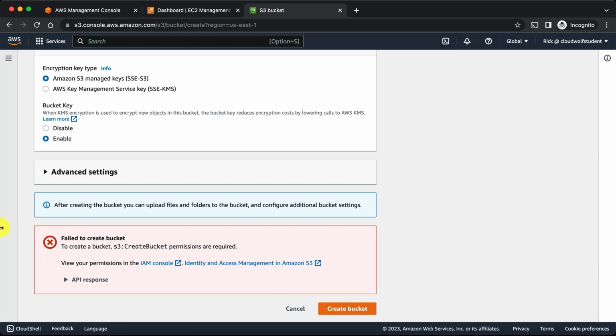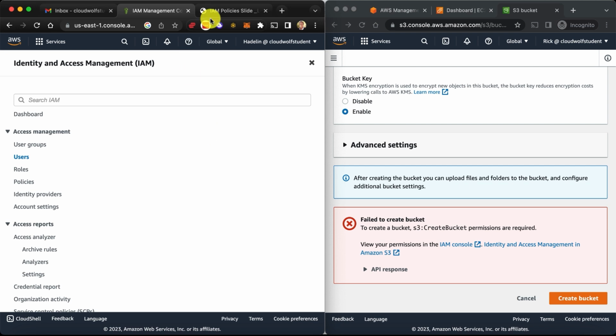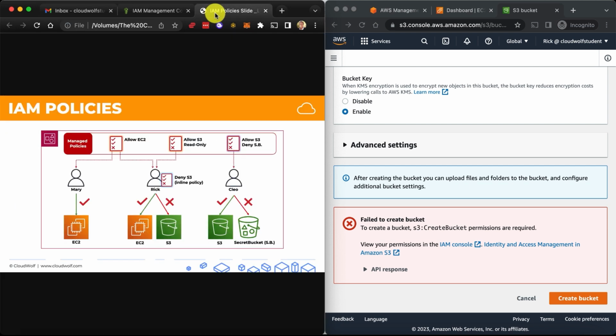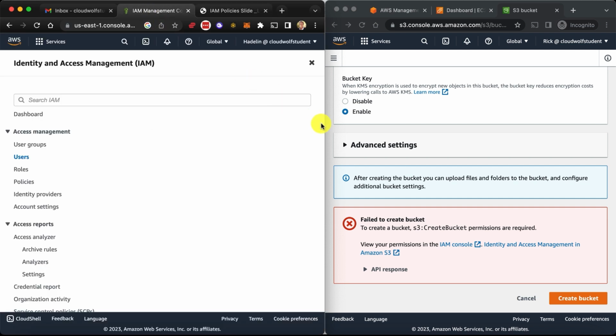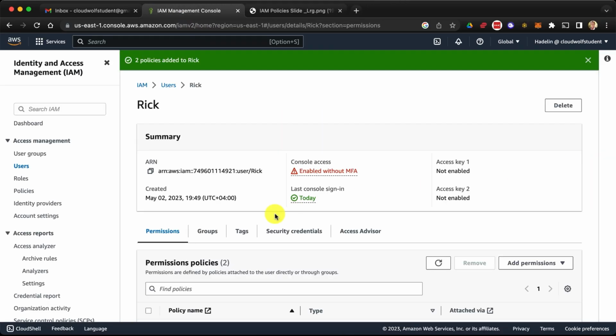All right, and now what we're going to do, let's go back to the diagram, which is here. And what we're going to do is embed this deny S3 inline policy within Rick's account. So let me show you how to do this. We go back to IAM. We're going to enlarge this. Then here in the permissions tab of Rick's account, we're going to click add permissions and then create inline